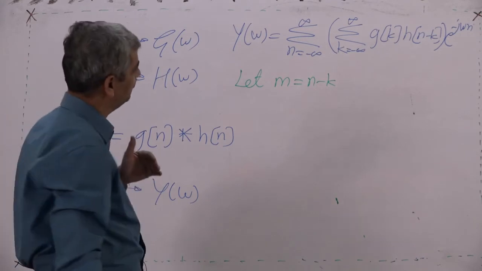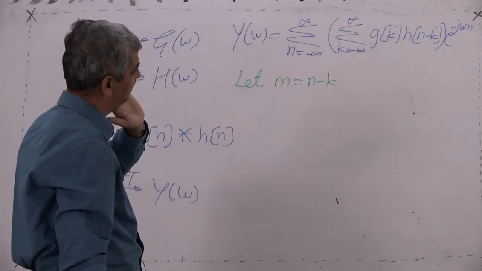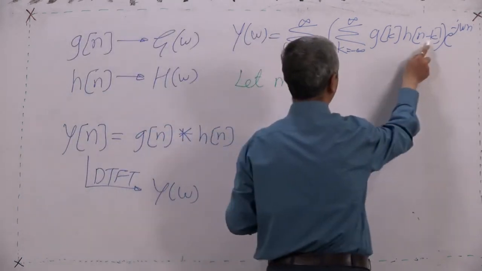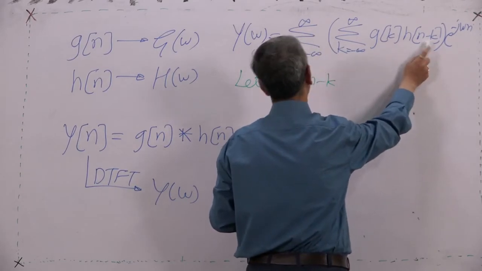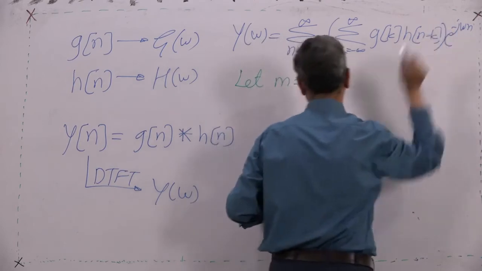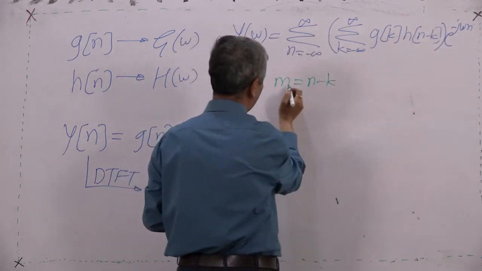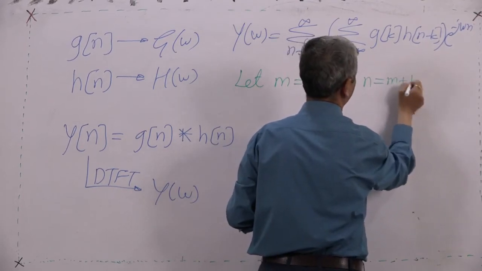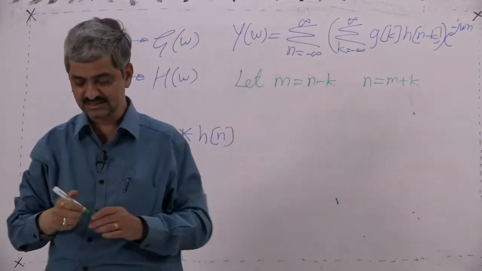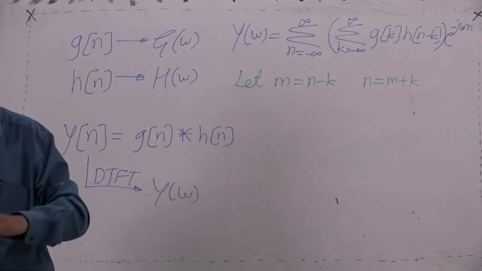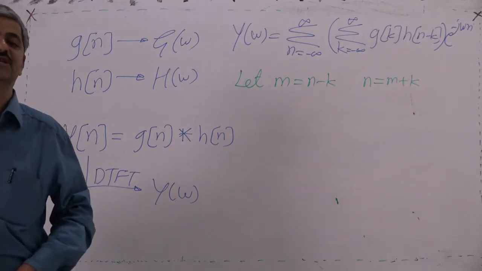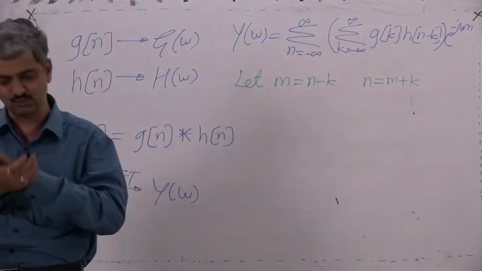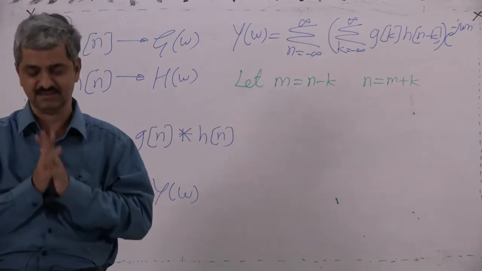So what we will do, we will remove n minus k and we will remove n also. So m comes here, n comes here, m comes here, one term, this n will replace. So let m be n minus k, then n is equal to m plus k. Since limits of both are infinite on both sides, any kind of substitution of variables does not change the limit. If limits were not infinite, such substitution would not have helped.